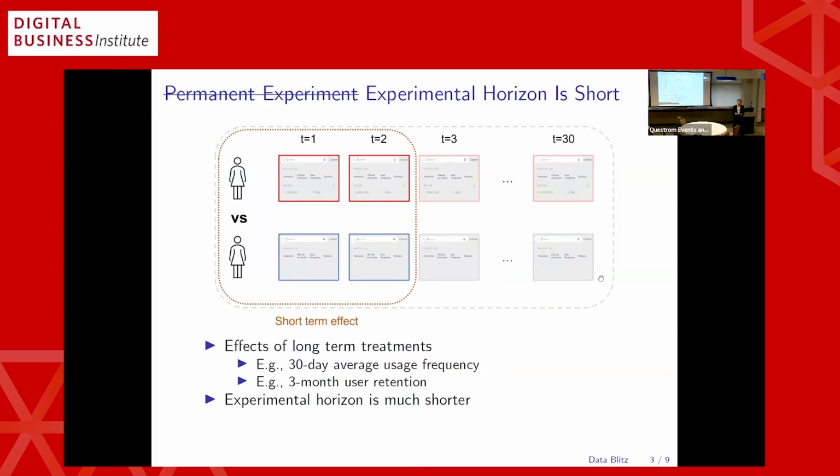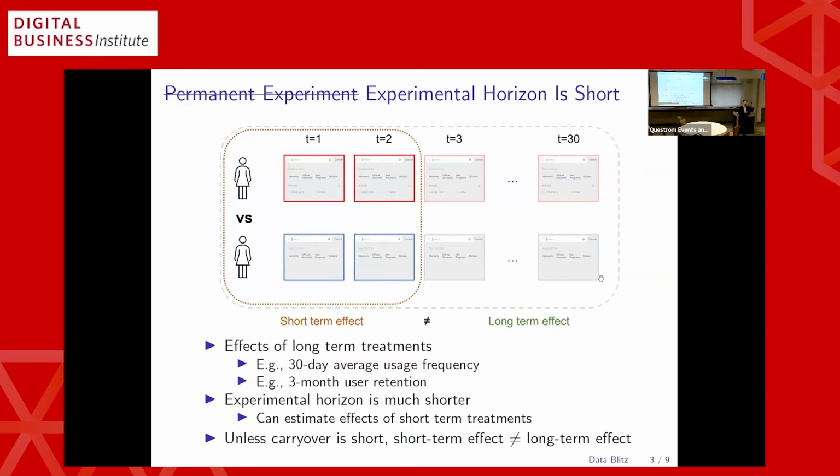But due to the practical limitations, each experiment can only be run for a relatively shorter duration. In this case, the experimental horizon is much shorter, and you can only estimate the effects of the short-term treatments. So unless the short-term effect is equal to the long-term effect, what you're going to estimate directly out of this experiment is not going to fully reflect what's going to happen